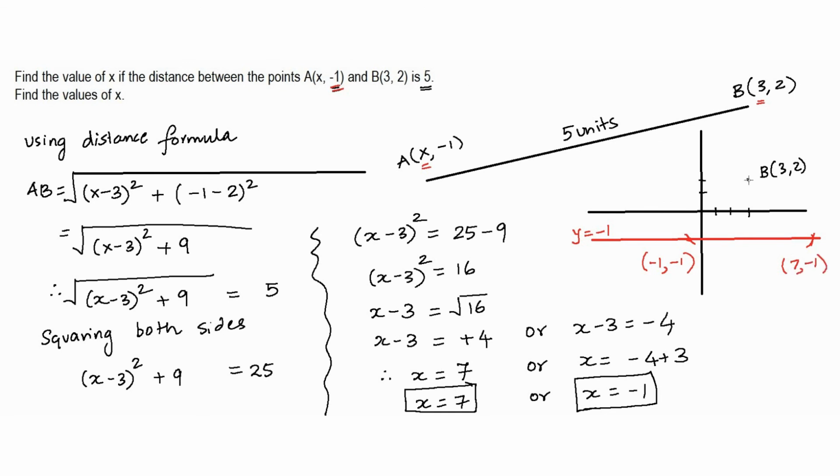That is why you are getting two answers for x over here, because both these points are going to have their y coordinate as negative 1, and the distance between these 2 points, that is distance between L and B and the distance between M and B, is going to be 5 units. So this is why you are getting two different values for x. Not that it is necessary right now, but because we got two answers for x, I wanted to show you the geometrical relevance of this particular question. So now pausing for a minute before I move on to the next one.